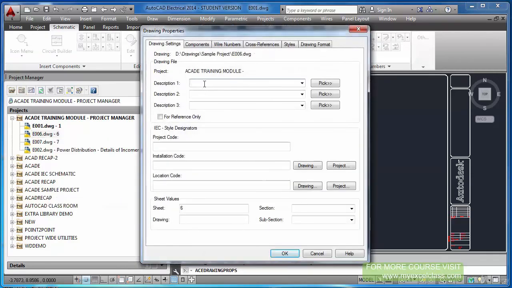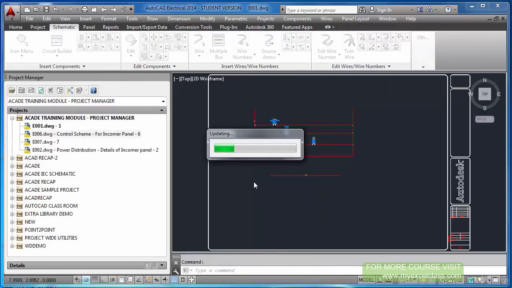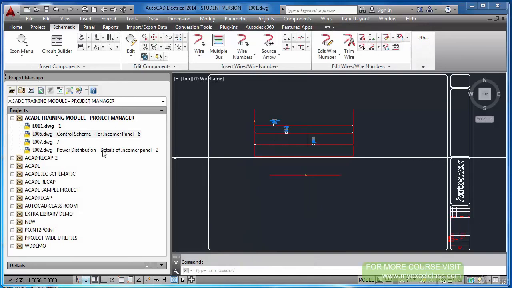Like here, control scheme. If I am putting control scheme for incomer panel. Okay, now you see, now I know sheet number 2 is for power distribution details of incomer panel, and this is control for incomer panel.